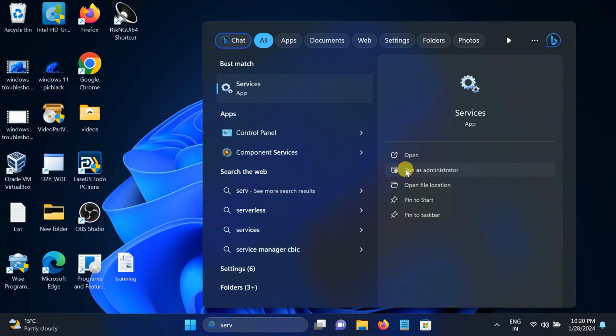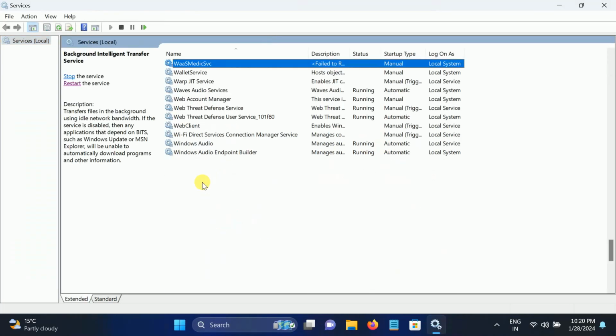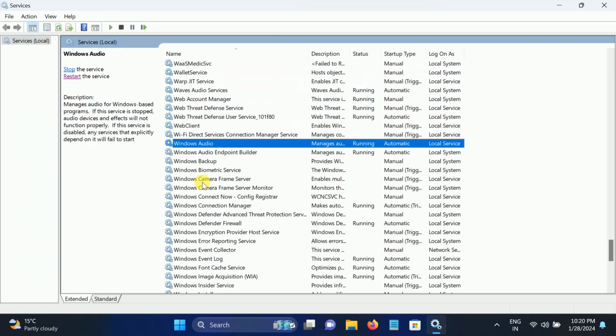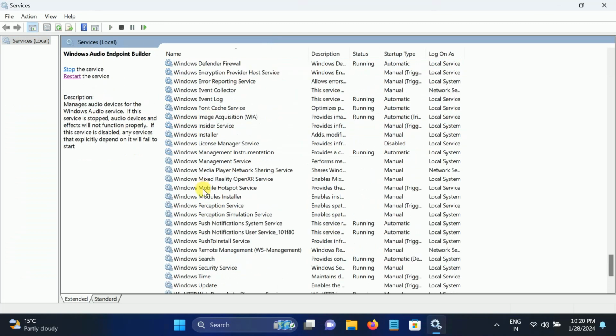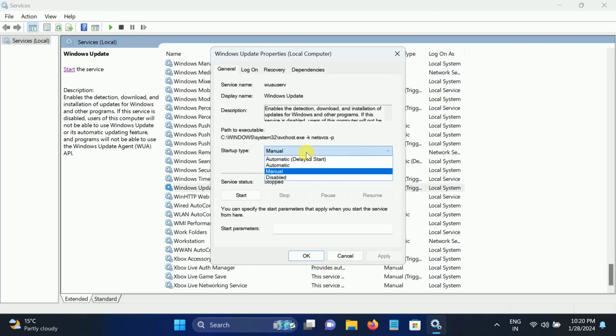Go to services, run as an administrator and look for Windows Update. Here is the Windows Update. Make a right click on it and go to its properties and simply disable this, or you can manually set it,